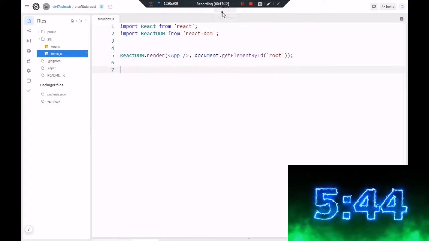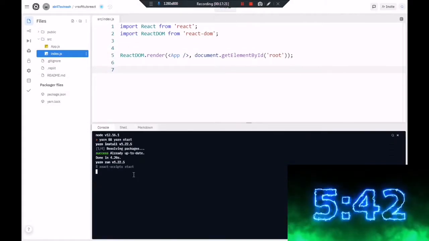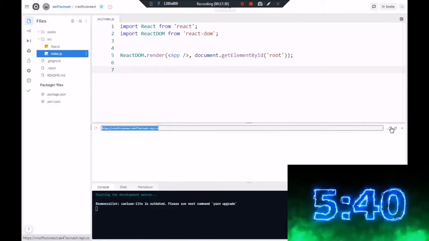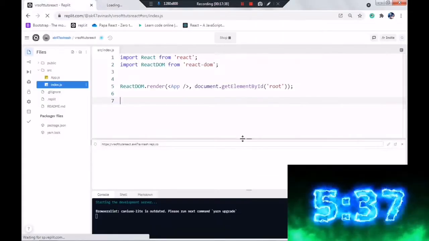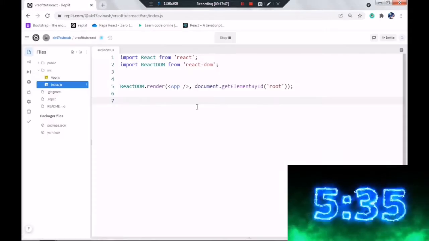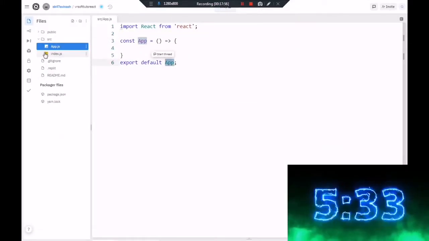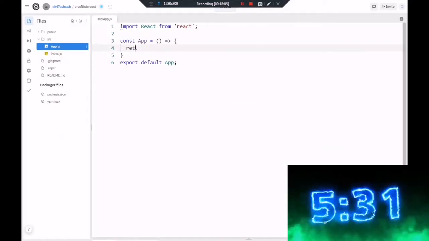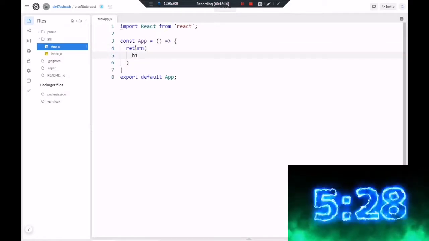If you think about it, that's really easy. If I hit run, it automatically runs for us, and I will be opening it inside of a new tab, and there you go. That's pretty much it. It doesn't show anything because we haven't done anything yet.